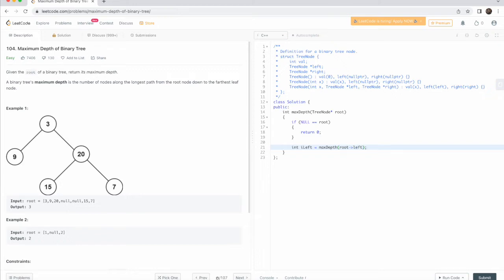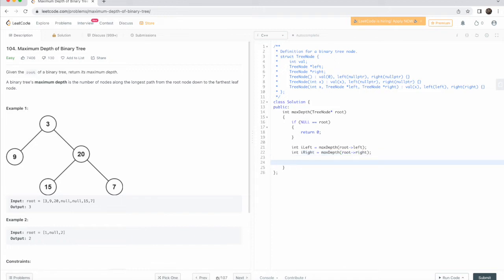Null check is not required because at the first line itself we are checking the null pointer. So this will count the left subtree height. Then we have to calculate the right subtree height. Int right is equal to max depth of root arrow right,